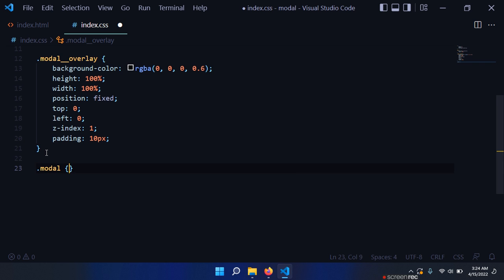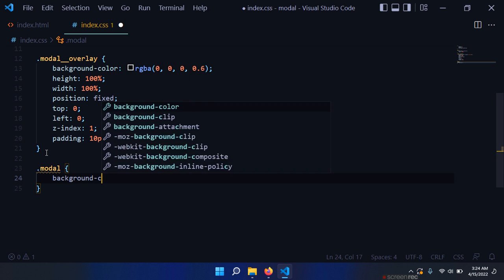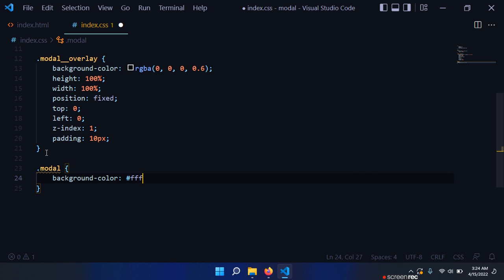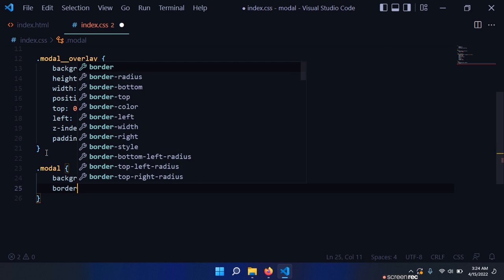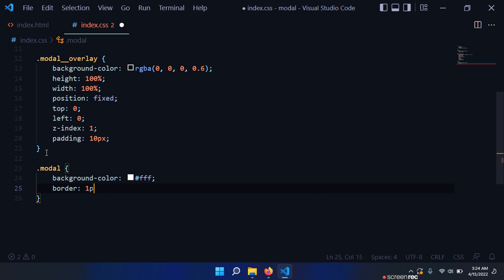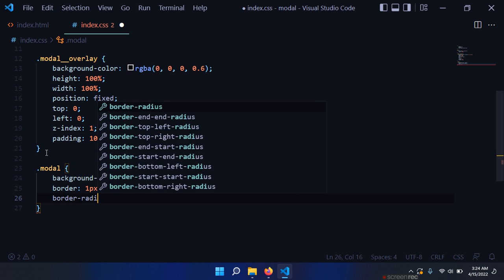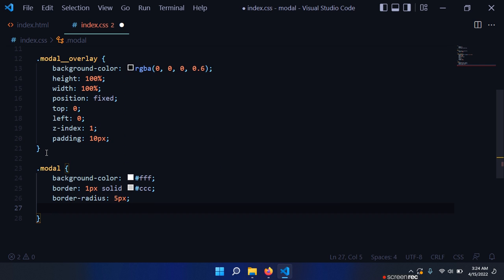So we have modal, we have a background color of white, a border, let's see, of 1 pixel, sorry, it's CCC, then a border radius of 5 pixels, then a box shadow of RGBA 0, 0, 0, once again black, and 0.35, then 0 pixels, 5 pixels, 15 pixels. Okay, we want a max